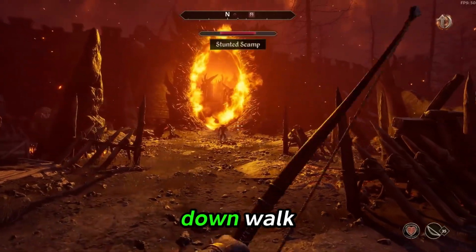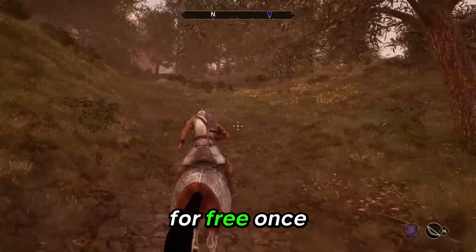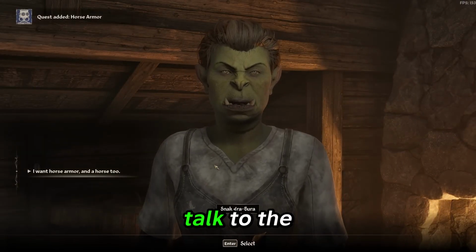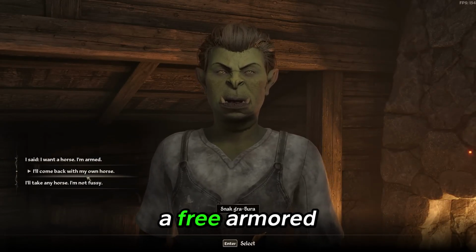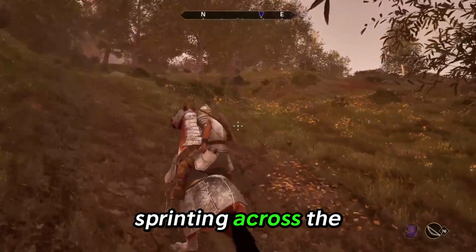So slow it down, walk, discover things naturally. The game rewards curiosity. Get a horse for free. Once you leave the sewer, head to the Chestnut Handy stables outside the Imperial City. Talk to the orc, tell her you're not picky, and boom, she'll give you a free armored old nag. Not the fastest horse in the world, but it gets the job done and it beats sprinting across the entire